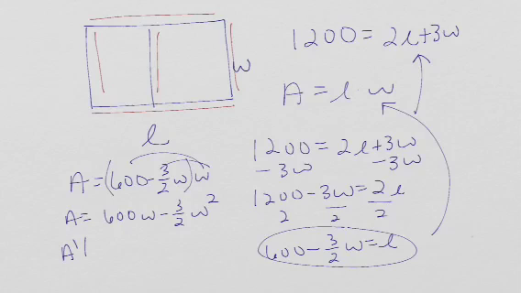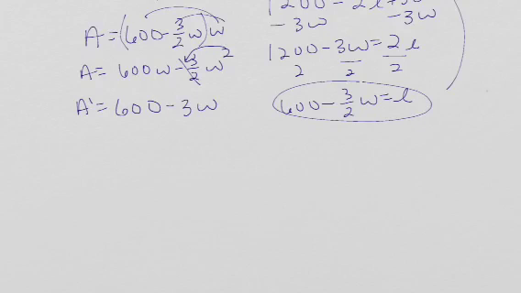So then it asks me to find the derivative of that. And the derivative of that is 600 minus 3W, because I bring this 2 out in front, and that would cancel out, leaving me with just that 3W. So the next thing is asking me to find an input at the max area, and in order to do that